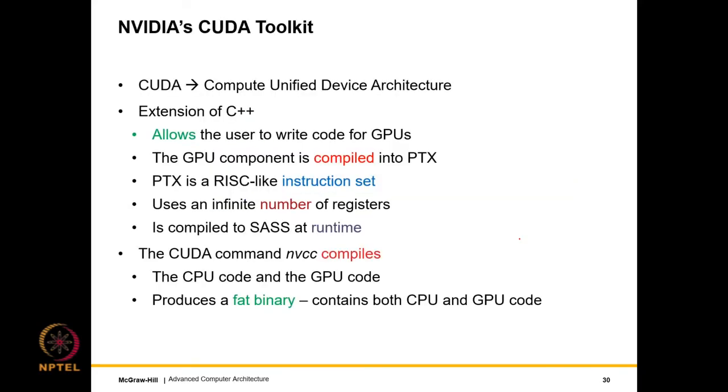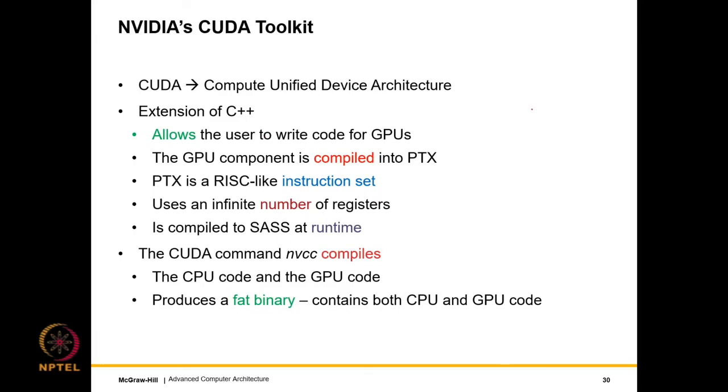The CUDA language was introduced way back in 2006, 2007. CUDA stands for Compute Unified Device Architecture, which was NVIDIA's CUDA toolkit. It was primarily designed as an extension of C++ because C++ used to be the most popular language in those days. Even if this were to be done now, C++ would not be a bad choice because a lot of pointers are used in GPU programming. So that is where the use of C++ is required. This allows the user to write code especially for GPUs. Again, this is primarily an NVIDIA GPU language.